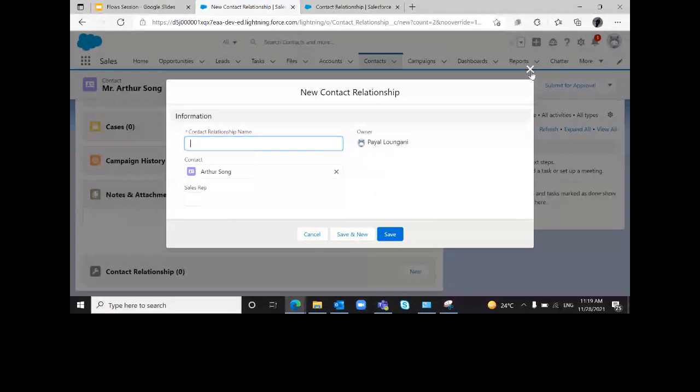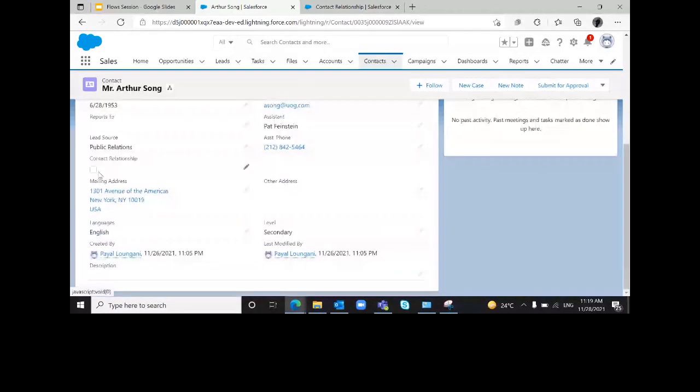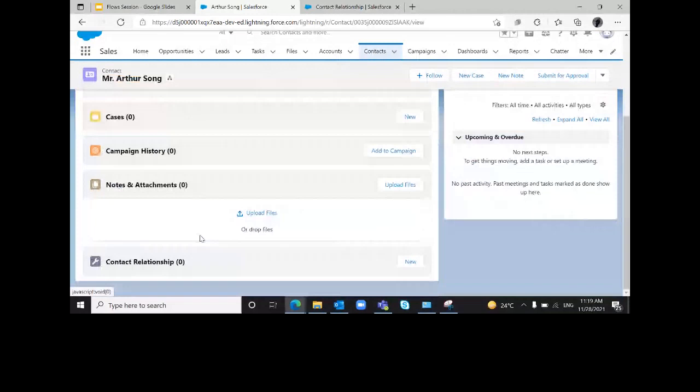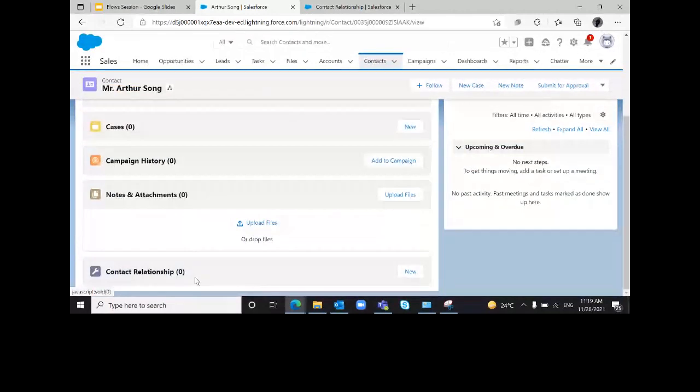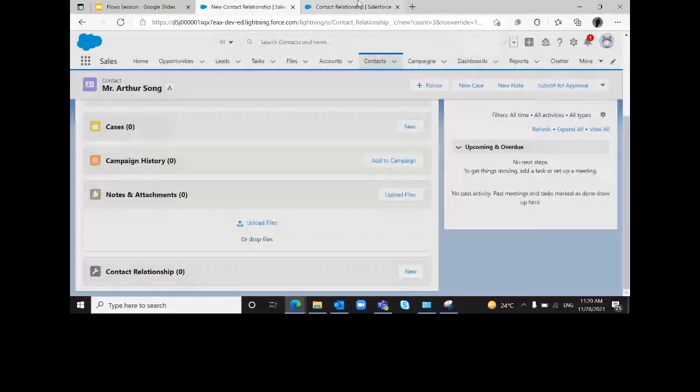I'm repeating the scenario. Whenever the field contact relationship on the contact object is checked, at that time the contact relationship object should have a new record with the first name of the contact, and it should have the first name or maybe the full name of the owner in sales rep. So let's consider first name in both of these. So we will be making a flow